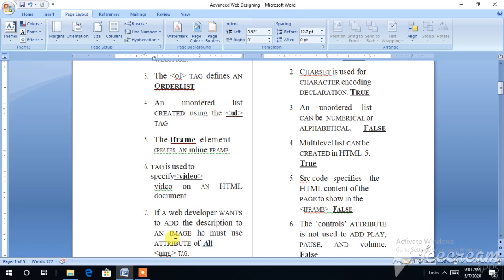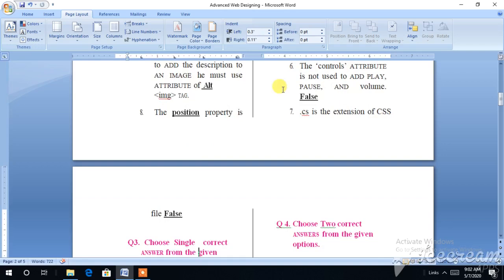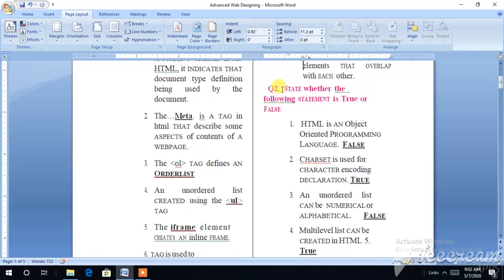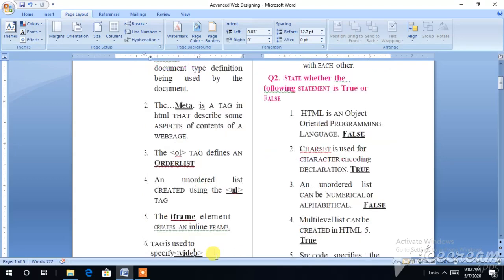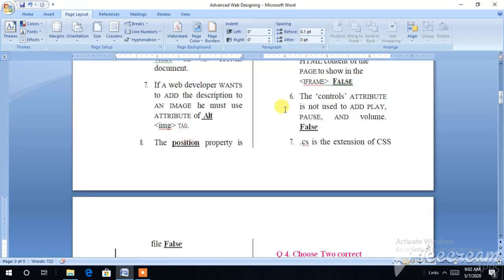Next question: the dash property is used to set the position for the element. The dash property is nothing but the position property.